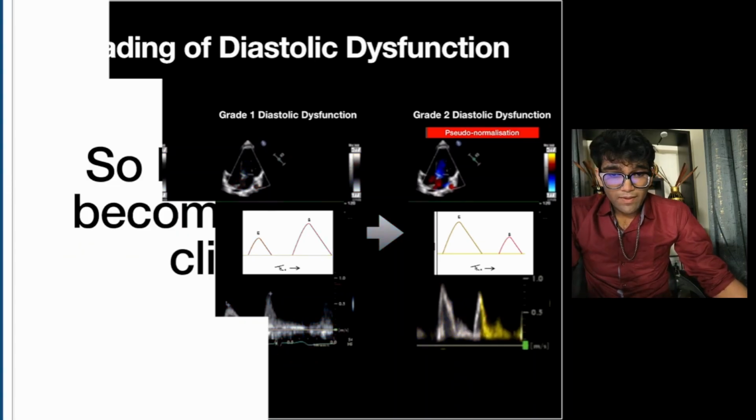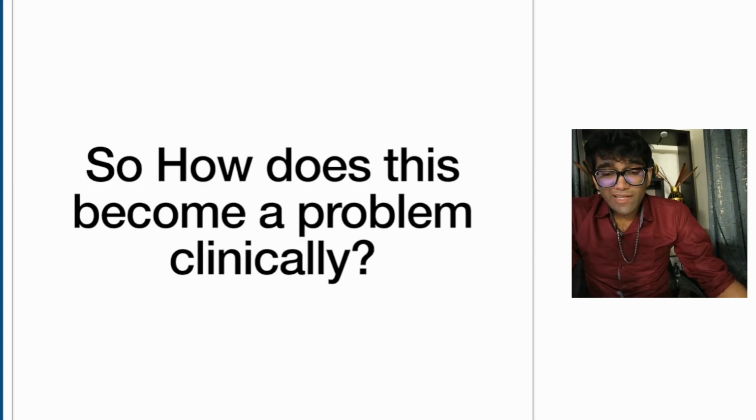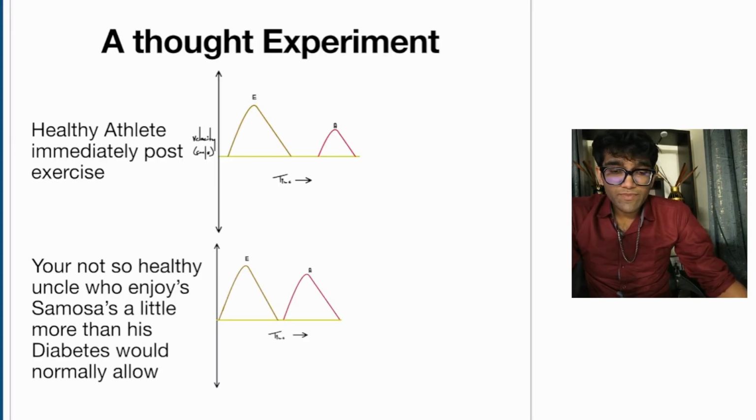Okay, so how is this a clinically relevant problem? We have two patients here. We have a healthy athlete who's immediately post exercise, and we have your not-as-healthy uncle who enjoys eating samosas a little bit too much, and he has diabetes. Both of them undergo a 2D echo, and we find that on pulse wave Doppler,